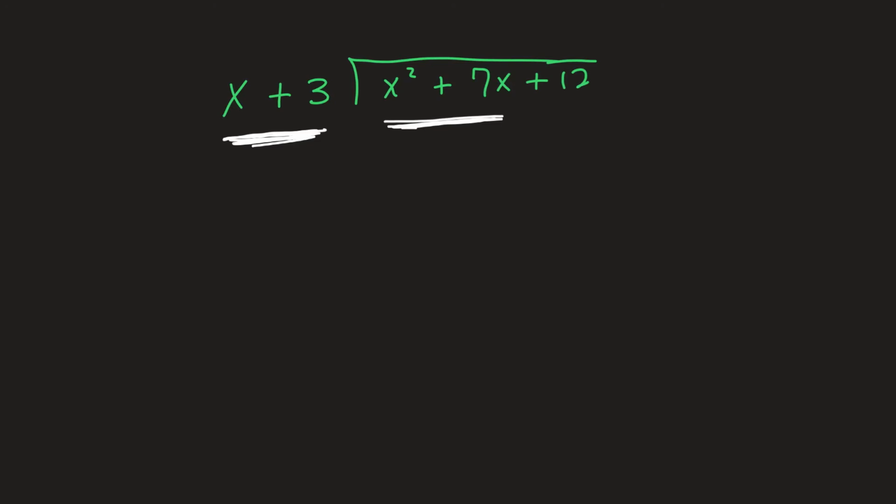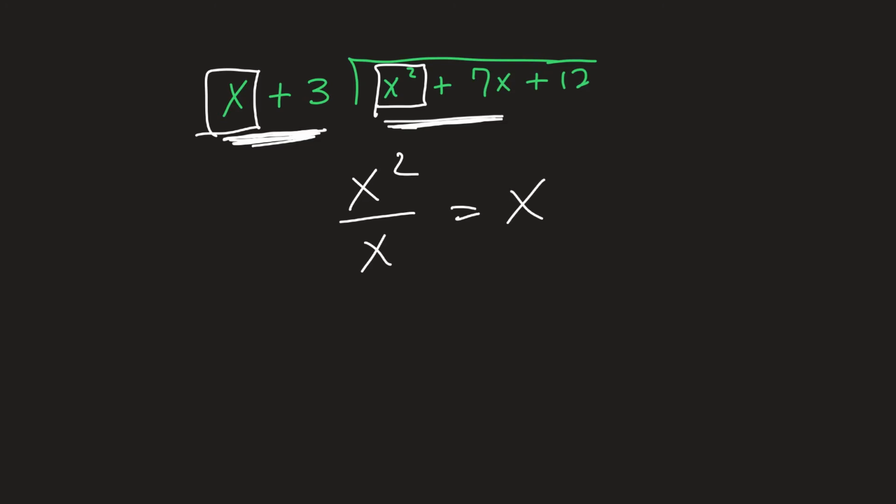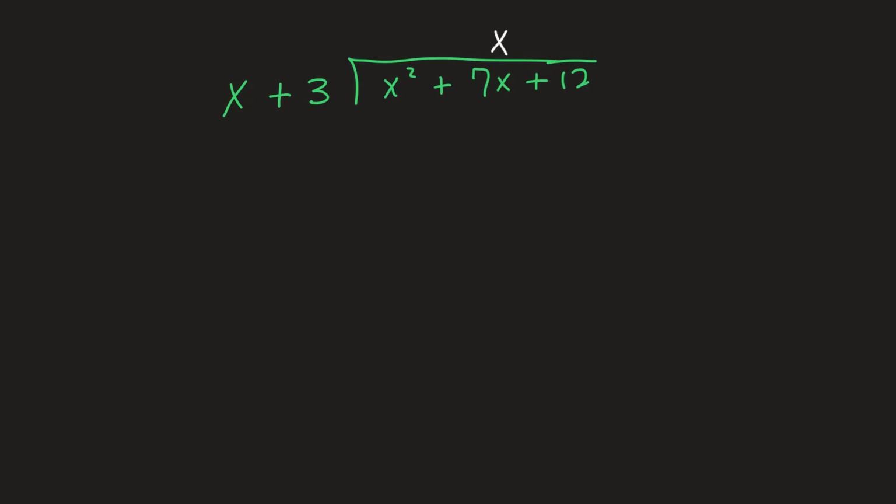What you need to do is think: x times what will give me x squared, or x squared divided by x? That is x. So x goes here, and then we multiply this x times the x plus 3. So x times x is x squared, x times 3 is a positive 3x. This is why we did the little division, because we needed these two things here to be the exact same thing. Because when we now subtract this stuff, this needs to come down to a 0 right there,